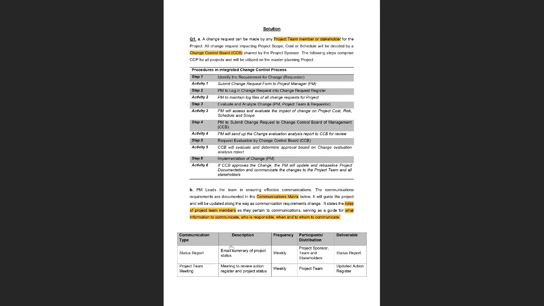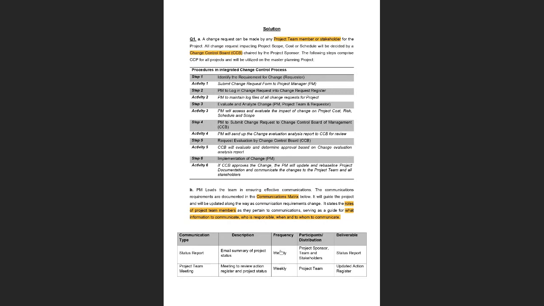Then a more detailed description of what these meetings will look like, the frequency of those meetings, who the participants in these meetings will be, and at the end, the deliverable, the outcome of these meetings. So you can prepare a communication matrix like this to make sure that there is effective communication in a project.